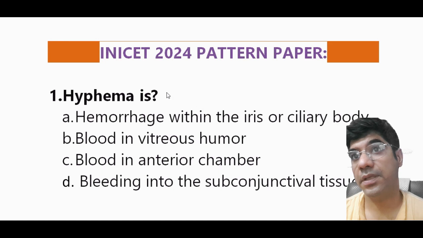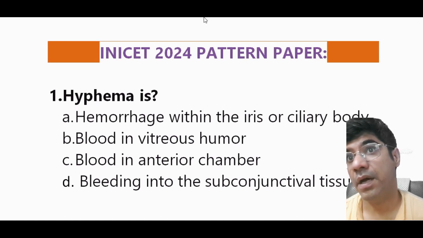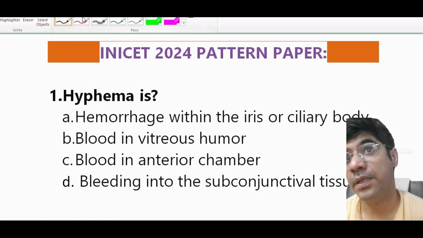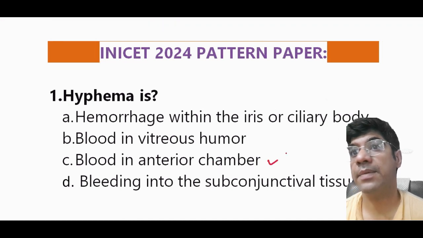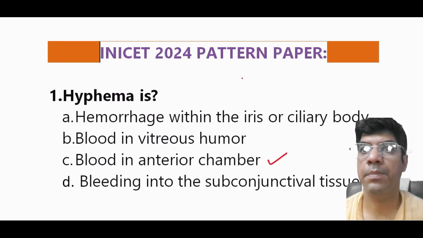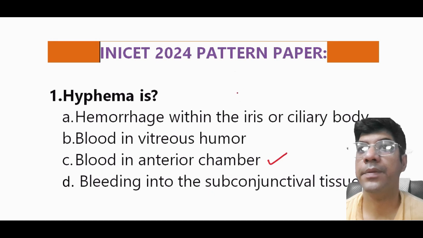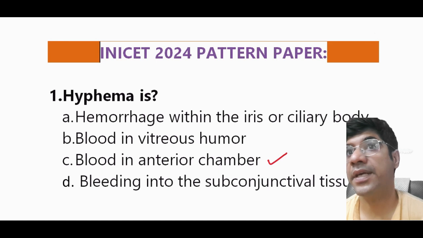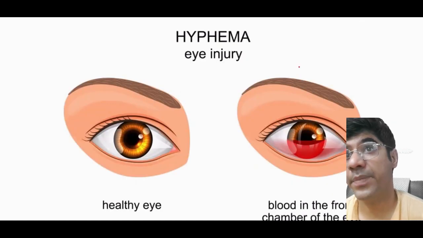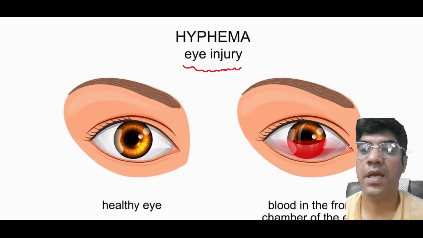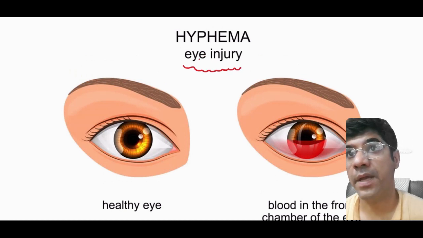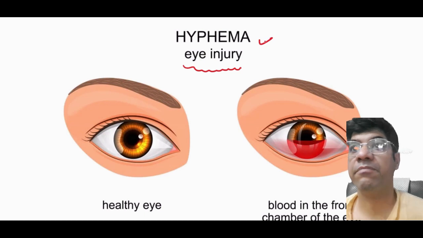If hyphema is the question, the answer is blood in the anterior chamber. Hyphema is the presence of blood in the anterior chamber of the eye, also known as edema. So here is a diagram. Suppose a patient having an eye injury suffers from this condition; you can clearly see the presence of blood in this anterior chamber